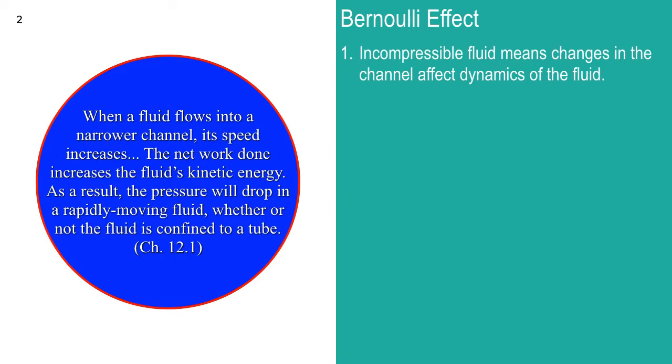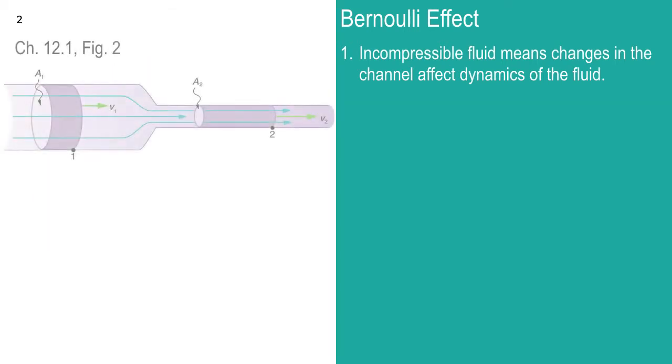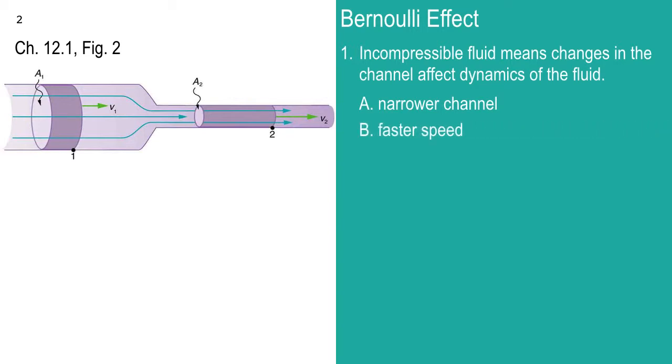In this case, the examples they're talking about in the book are water, which is an incompressible fluid. Here's figure 2 from chapter 12.1, a generic looking pipe that narrows down. It has a little transition to a narrower pipe. And the idea is that in the narrower part of the tube, there's a faster speed. And the reason for that is